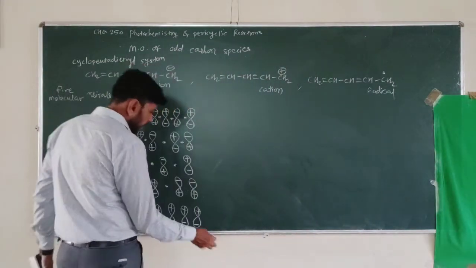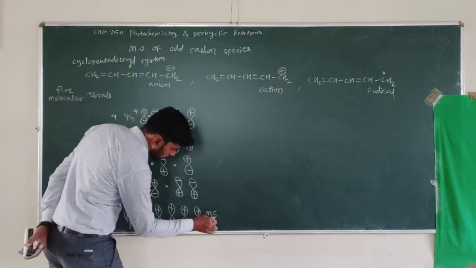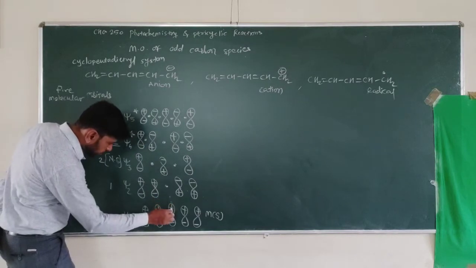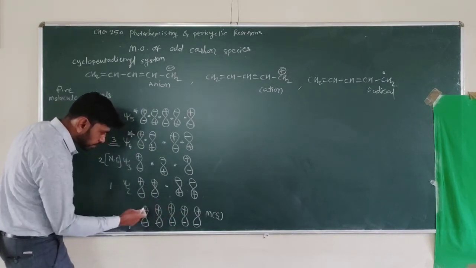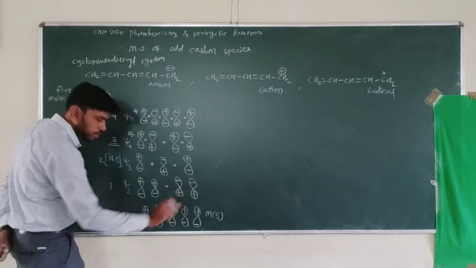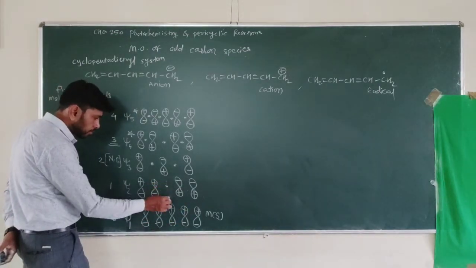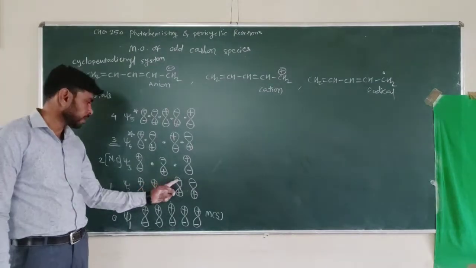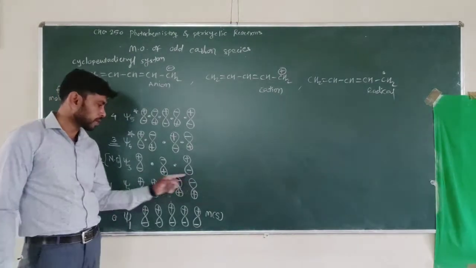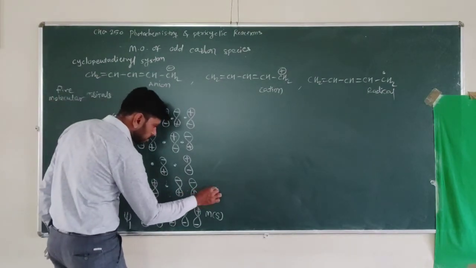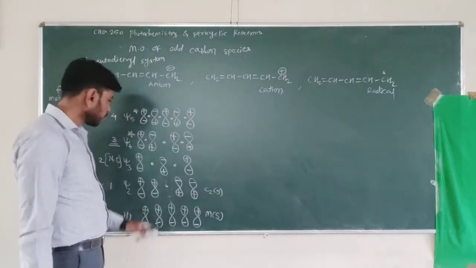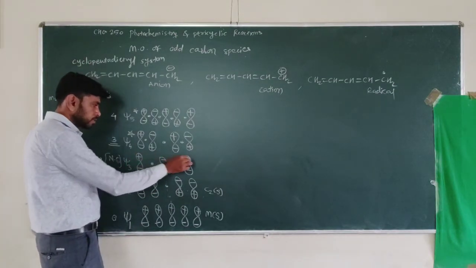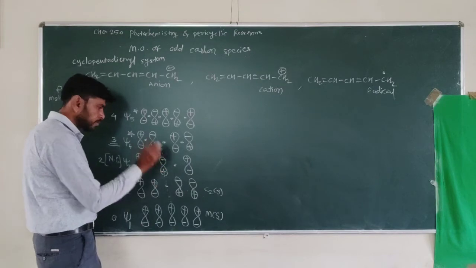Let's see the symmetries. So it has EM symmetry. First, having EM symmetry, because when we pass the plane from the center and fold it, plus sign coincides on plus, plus on plus, so EM symmetry. Here see, when we pass the plane from the center and fold it, what happens? Plus coincides on minus. Here this plus coincides on minus. So it is C2 symmetry.